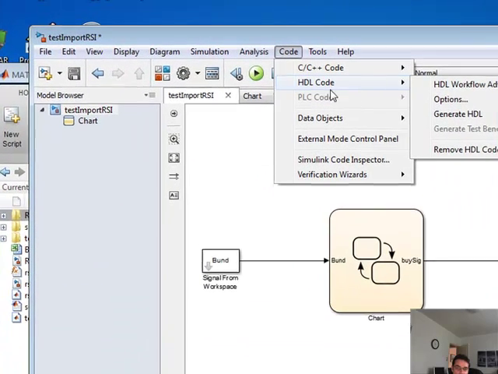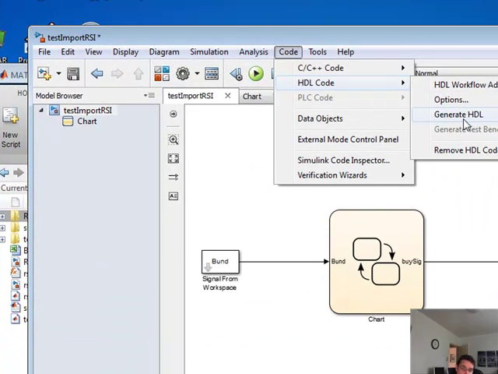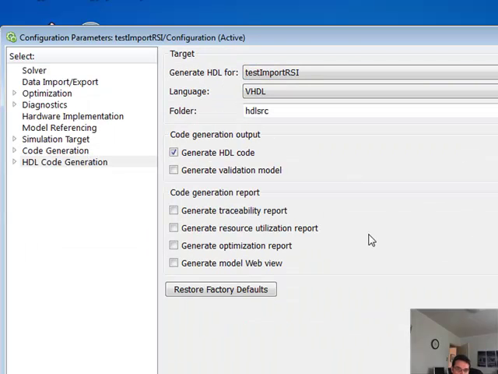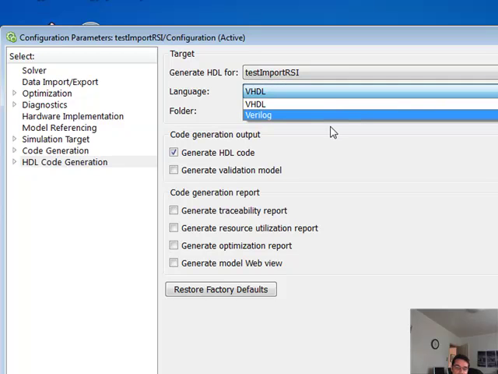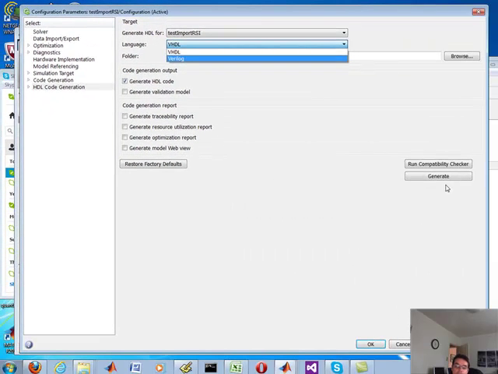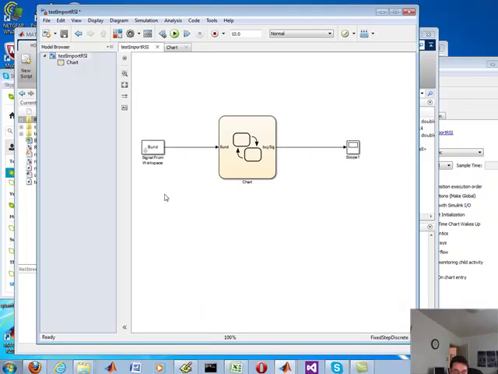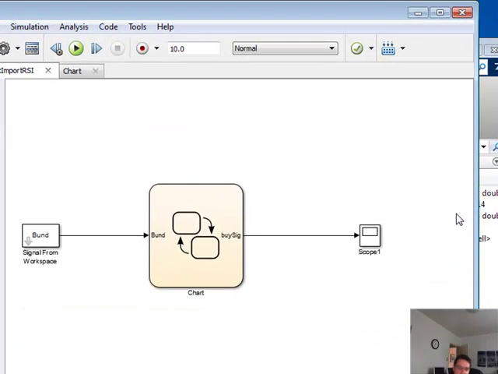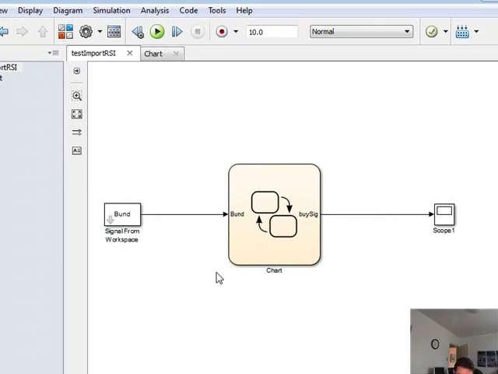Now, it doesn't stop there. If I decide to go HDL, now I'm getting into a whole other world, but if I wanted to, I could generate HDL code, which is essentially for FPGA deployment. Again, for Xilinx, Altera, and I can choose one of these resulting languages and generate the code for it. But again, that's a whole other process. With the manufacturers for FPGA, it's getting tighter and tighter in those relationships with MATLAB and a better integration using the Stateflow and the Simulink